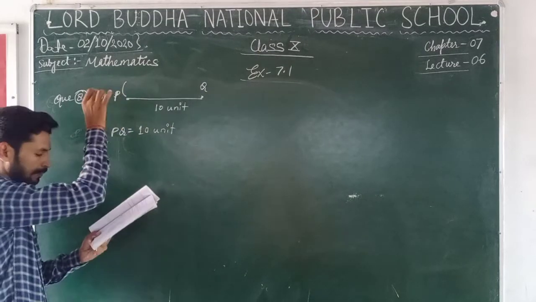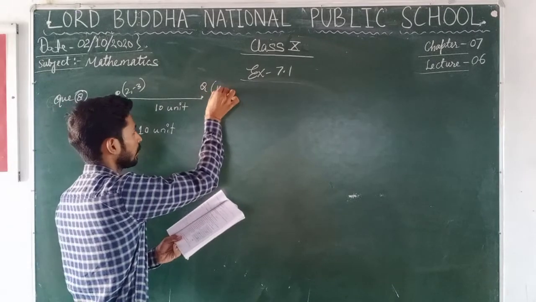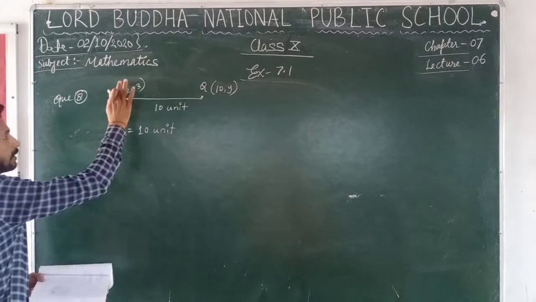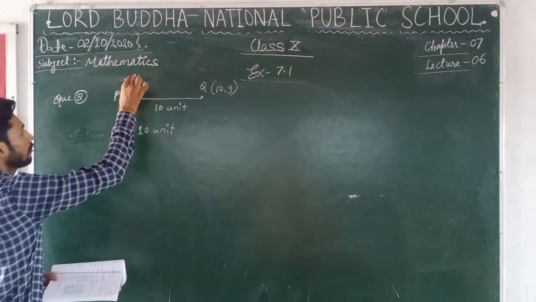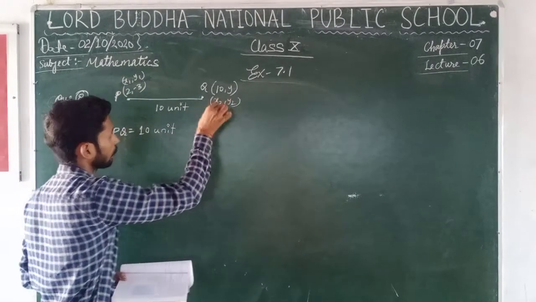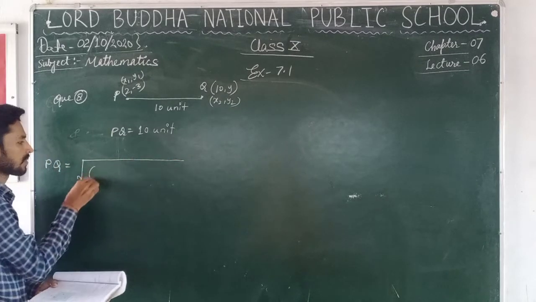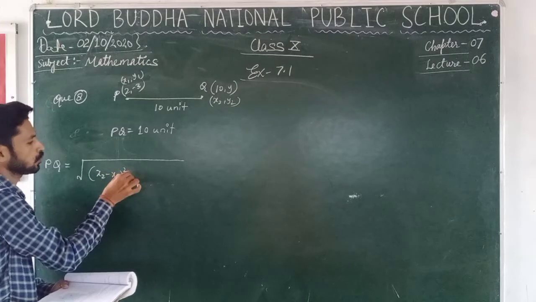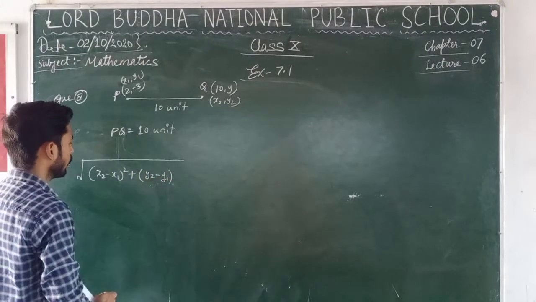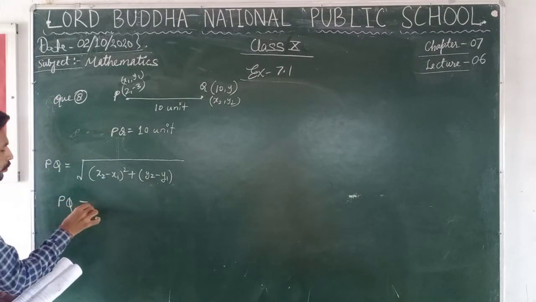And the coordinates of these points are (2, -3) and (10, y). Okay, so take this as x1, y1, and next x2, y2. So PQ equals the square root of (x2 minus x1) whole square plus (y2 minus y1) whole square, that will be PQ equals